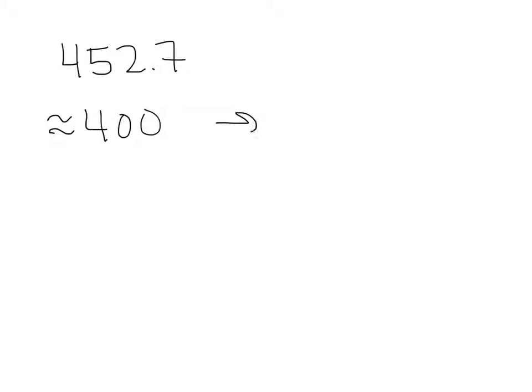So let's take another example. Let's look at the number 452.7. Now this is approximately the number 400, which means it's a 4 followed by 2 zeros. So this number turns into 4 times 10 squared, but since we know it more accurately, we actually write our original number as